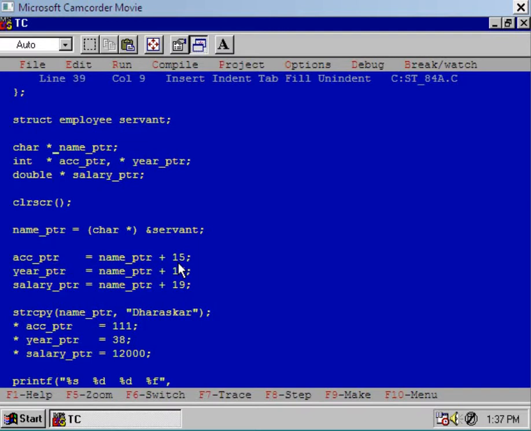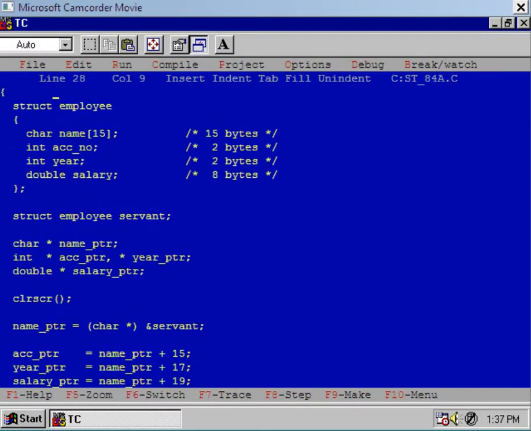Let's see. Your structure employee is this one, and servant is the structure variable of structure employee type. Now you see the first member is character array name. Okay, and the size of character array name is 15 bytes.